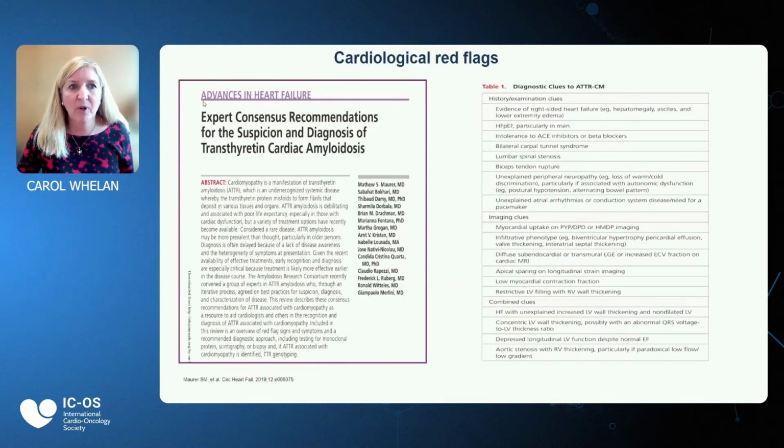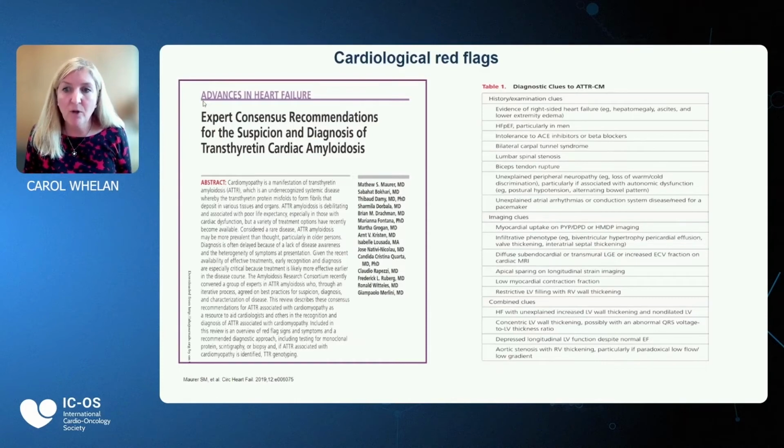This is taken from the expert consensus recommendations for the suspicion and diagnosis of TTR cardiac amyloidosis, but many of these clues can be used for AL amyloidosis too. So, for instance, HFpEF, or heart failure with a preserved ejection fraction, particularly in men, because it's normally more common in women. If the patient is intolerant to normal heart failure drugs such as ACE inhibitors or beta blockers, bilateral carpal tunnel syndrome or lumbar spinal stenosis, unexplained atrial arrhythmias, unexplained peripheral neuropathy, and then the imaging clues, such as